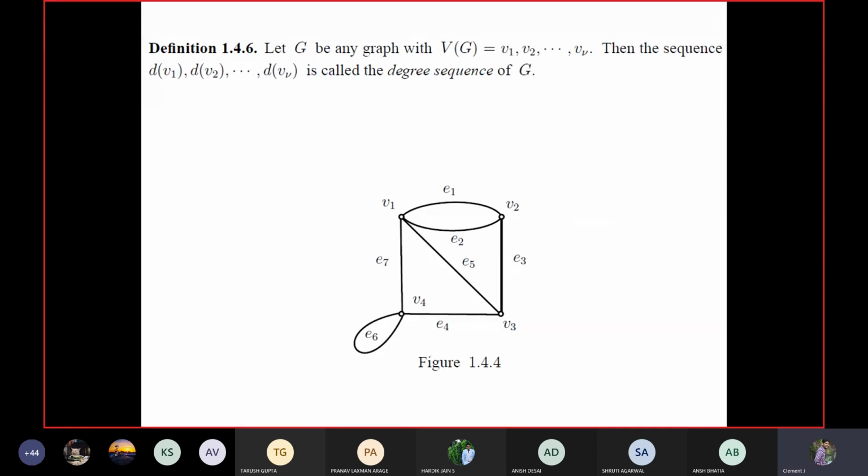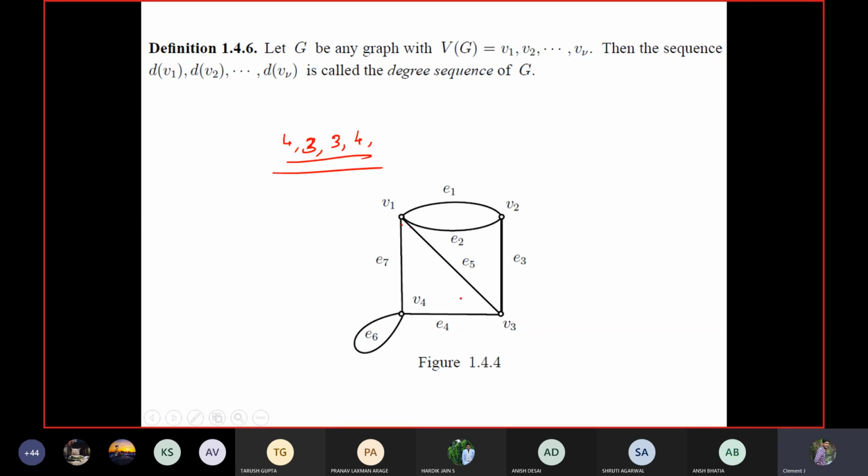Okay. Degree sequence, it's very simple. In your graph you may have the vertices. Here you can write the degrees as a sequence, like the degree of V1 is highest here, 4. So 4 comma degree of V2 as 3. So 4 comma 3 comma degree of V3 as 3. 4 comma 3 comma 3. Next, degree of V4. What is the degree of V4? Can anyone try to say what is the degree? 4. Very good. Because here it is having a self loop, it should be counted twice. So 2 plus 2, 4. That's it. So totally I have written 4. So this is the degree sequence of this graph.